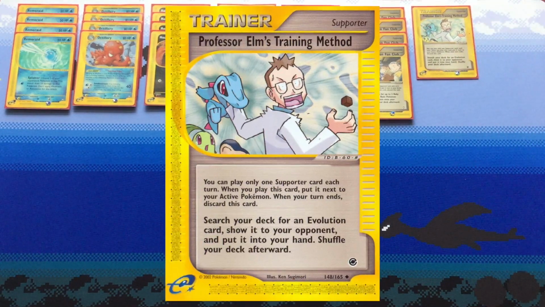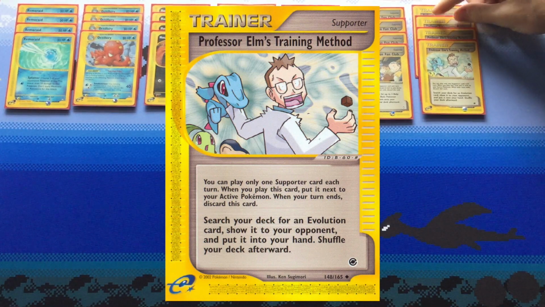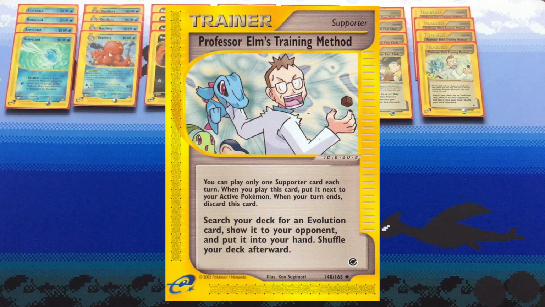Full playset of Pokemon Fan Club, so you can pull the basics out of your deck and get them onto your bench, and then a full playset of Professor Elm's Training Method, so you can pull out the evolution cards that you're going to be stacking on top of them. I feel like it's always good to try to get the Houndoom into play first, since it's the more efficient